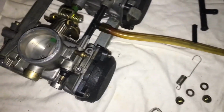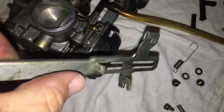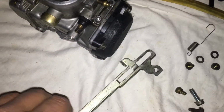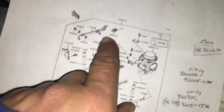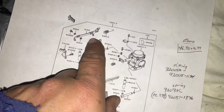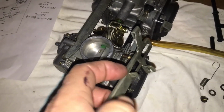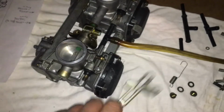I'm having trouble figuring out where the spring goes. I know that the spring fits in that little hole here on the tab, but I don't know where it connects. I can't find where it connects in the diagram, because in the diagram it just shows spring. So we have a spring just floating around, but I'm pretty sure it connects into there. I might ask my boy about that too. Maybe I can tell. I don't know. I'll figure it out. But anyway,